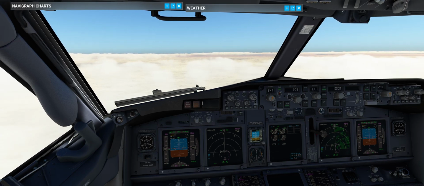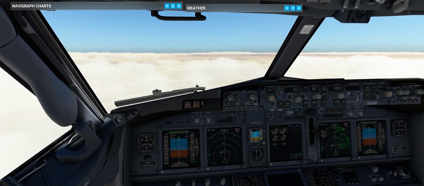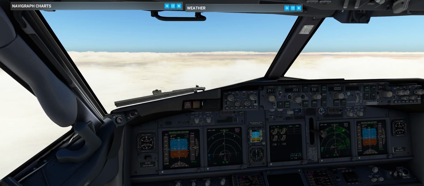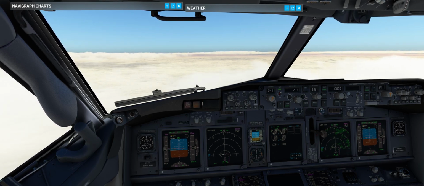The first step is that I need to check my destination alternate. Is category 1 available from one hour prior to our arrival until one hour after? It's because if you lose one engine, you are not allowed to do the low visibility procedure with two autopilots engaged, unless you have the fail operational system, which is an option on the Boeing, but it's not the most common